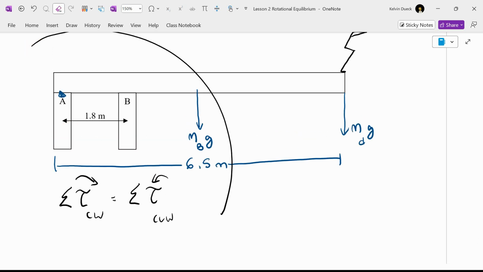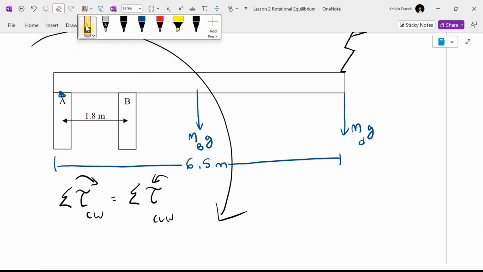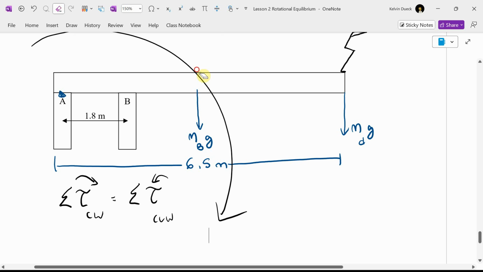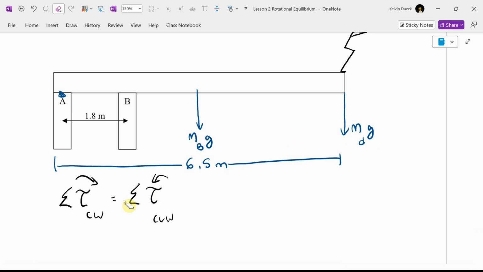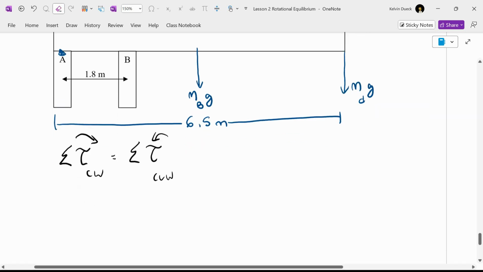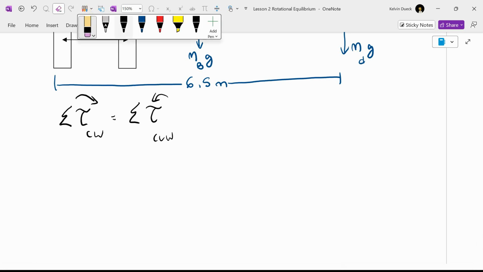Clockwise is in this direction. Which forces are causing a clockwise torque? I think two of them. Which two? The mass of the beam times g, and the mass of the diver times g. That's what's causing us to spin in this direction if we pretend that we're pivoting about point A. That makes sense? So it's going to be